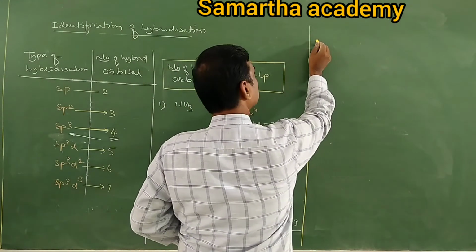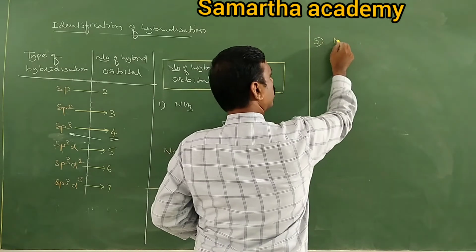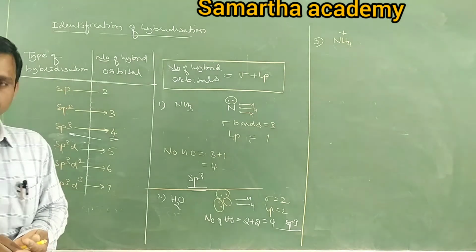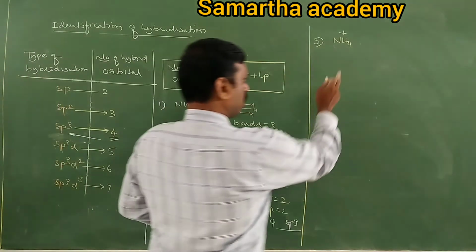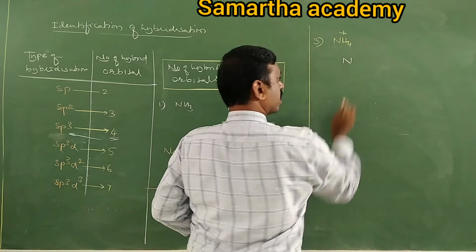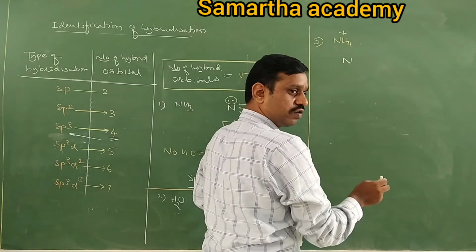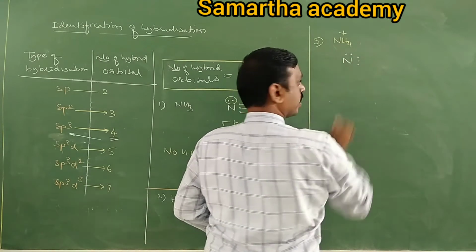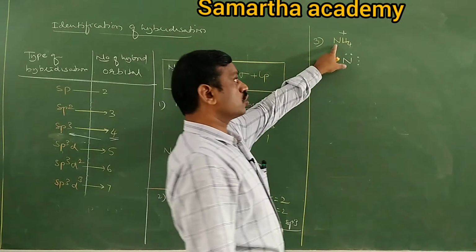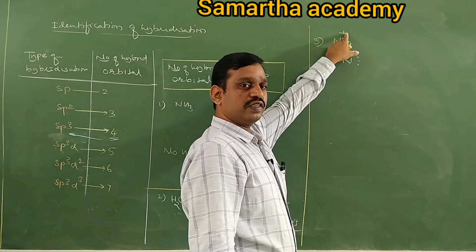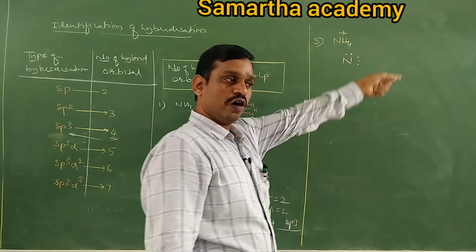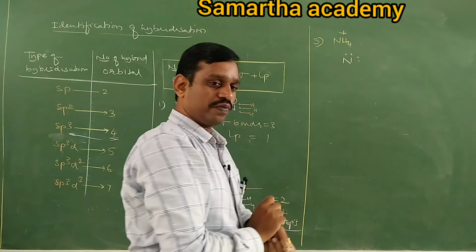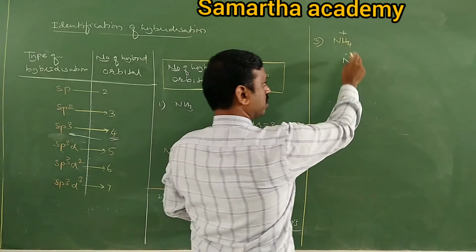Let us take the ammonium ion. If it is a cation, how to calculate hybridization? Same. Tell me, nitrogen is the central atom, N. It has how many valence electrons? 5, because 15 group, that you should remember. 1, 2, 3, 4, 5. But see here, nitrogen has a positive charge. Do you know what is the meaning of this? 1 electron lost. There were 5 electrons, but it lost 1 electron. Means only 4. Then there are 4 hydrogens.